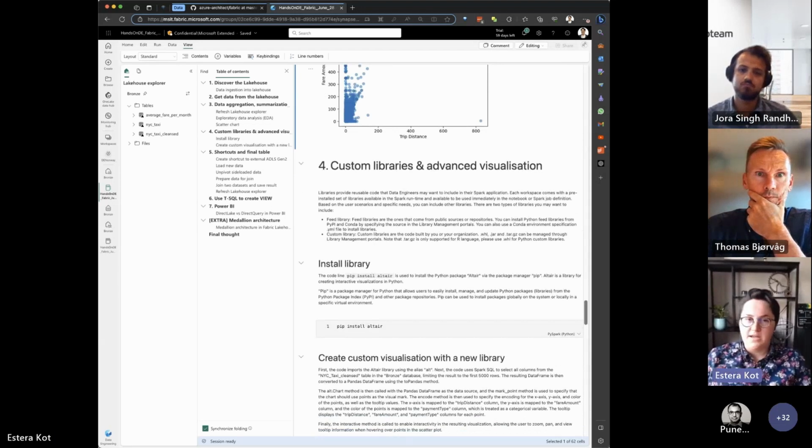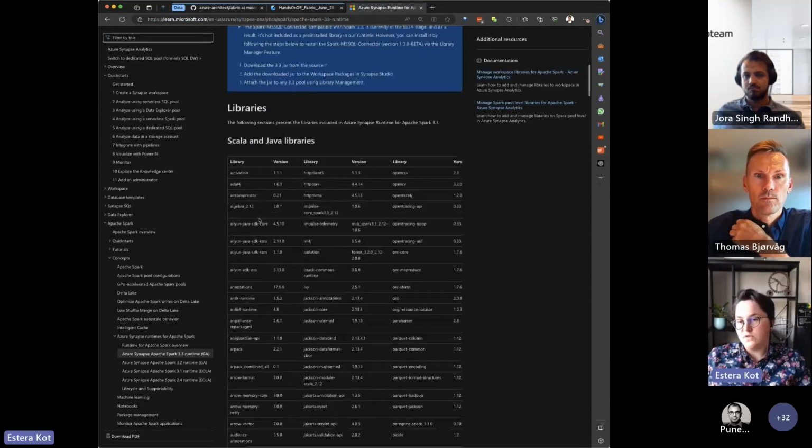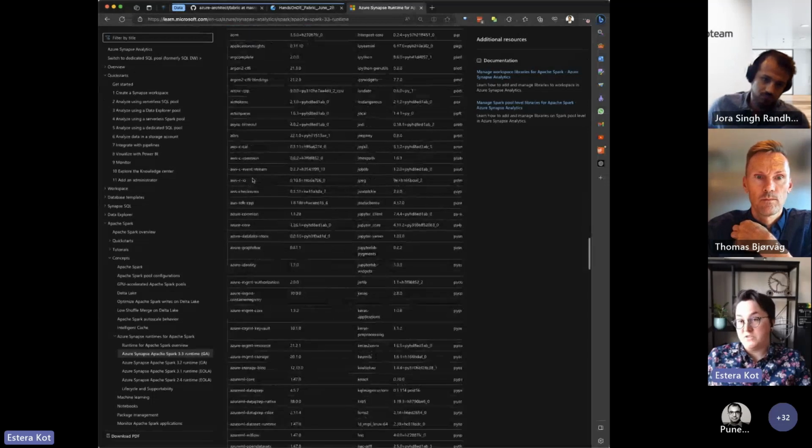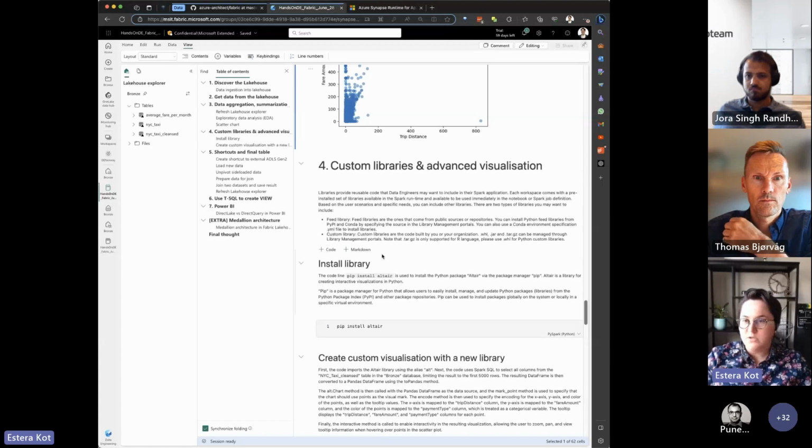So the point is that every runtime comes with some pre-installed libraries. You can check it by going to, for example, for Synapse, if it's the 3.3 runtime, you can check tons of libraries that are shipped within the runtime that you can just access and use immediately. At the same time, there is an option to install your own libraries. And I know that in Synapse, we waited some time to have this feature, library management.